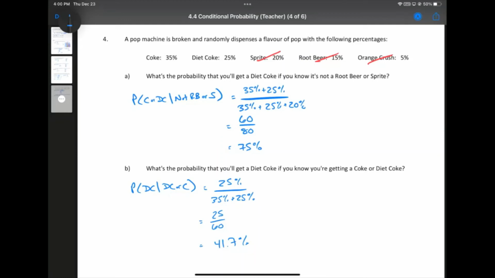And this idea of canceling out things that it can't be and then working with what's left is actually a much more powerful rule in most cases than going back to the definitional equation. So feel free to use it. Whether you physically, literally cross things out like I just did on this list, or you just mentally don't count them or don't include them in your answer, as long as you're getting the right answers, I'm happy.